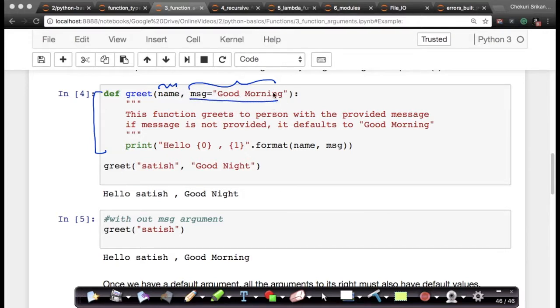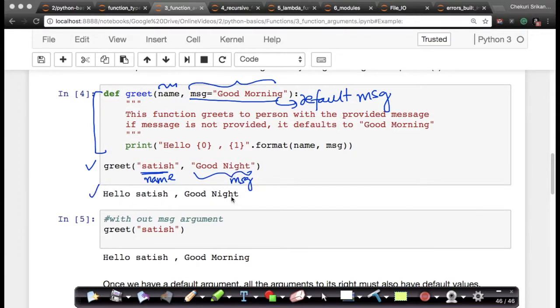When I give something like this, what it means is that the default message is good morning. Now let's see what happens if I say greet Satish good night. Then it'll use this as name and it'll use this as message